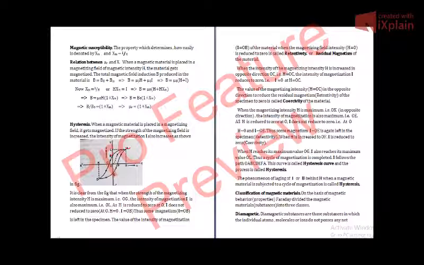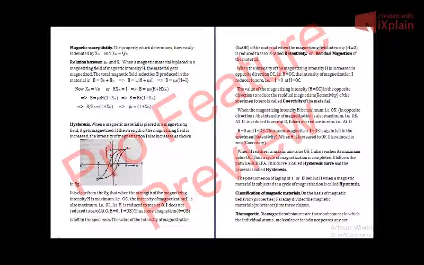When the magnetizing intensity H is increased, but in the opposite direction, so now we change the poles of the magnetizing field. North pole becomes south pole, and the south pole becomes north pole, and the specimen is still there in this field. So we change the direction of the magnetic field, and then we increase the magnetizing field. So when the magnetizing intensity H is increased in the opposite direction, OC, as you can see from the graph, OC,